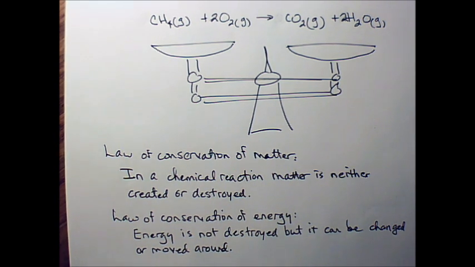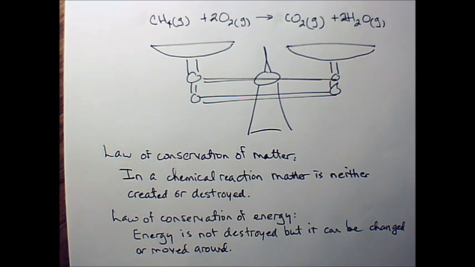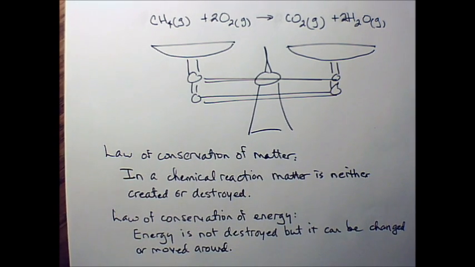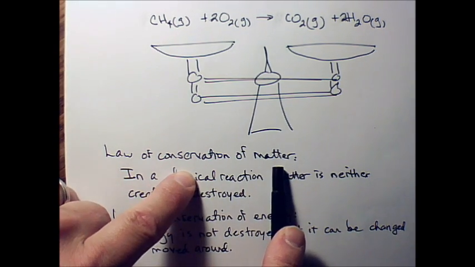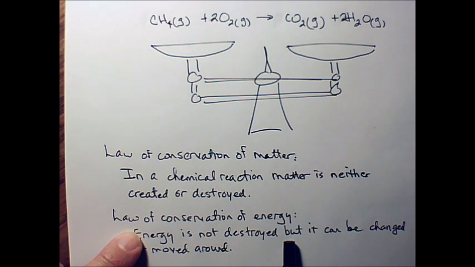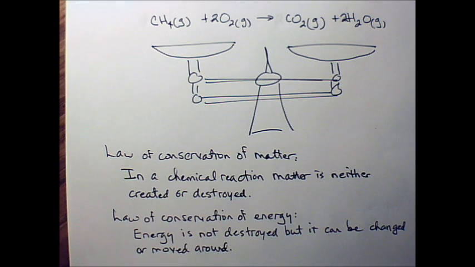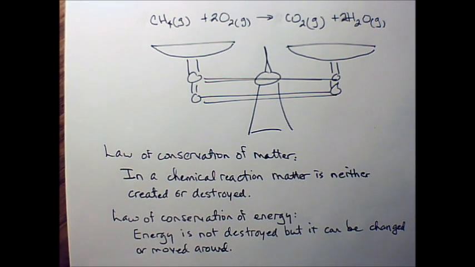Well, in the late 1800s and early 1900s, physicists and chemists began to realize that there actually is more than just the law of conservation of mass or matter and conservation of energy. They began to figure out that you can change matter into energy. And they invented something called the atom bomb. They dropped one on Hiroshima and one on Nagasaki during World War II to end the war. Okay?